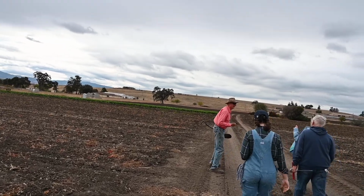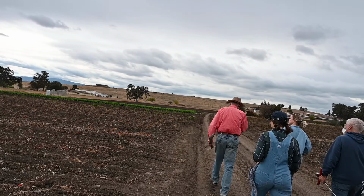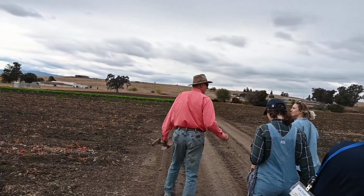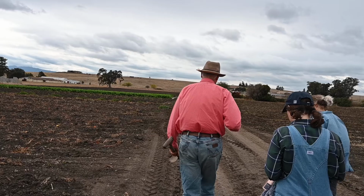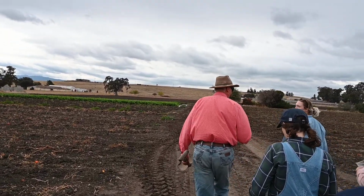Did you specifically plan on seeding your broccoli today, anticipating the rain to come? Yes, it was scheduled for this week. We had a little bit of rain earlier in the week. It just dried out enough. We generally don't work Sundays, but we're probably going to work some tractor work tomorrow to be ahead of the